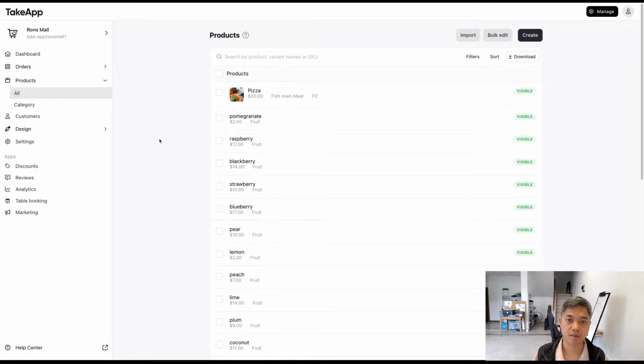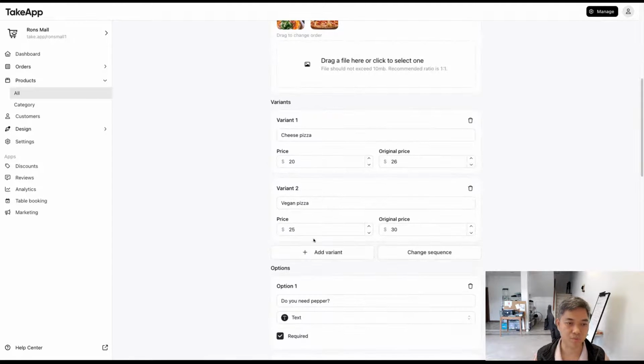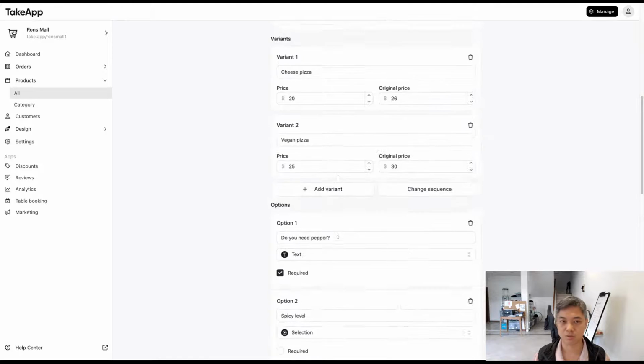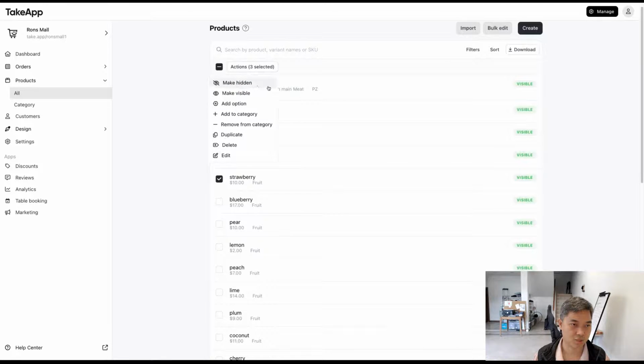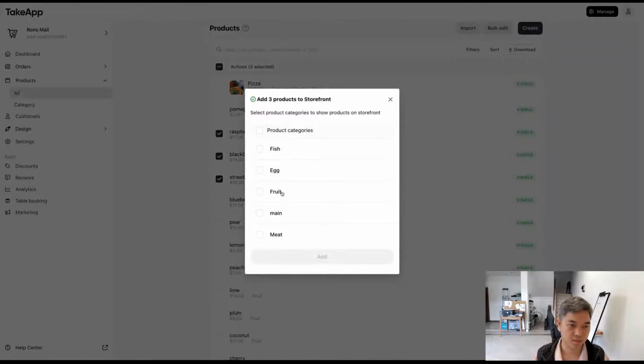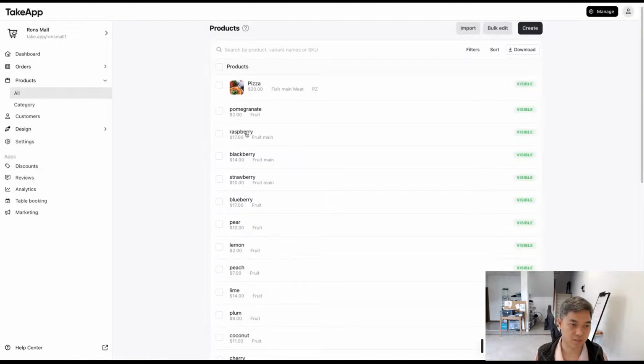Okay, I think this is most of it. Yeah, I think maybe I can even cover this one as well. Sometimes you want to add bulk options. You can go here and add one by one, but sometimes it's very tedious, right? So you want to add in bulk. Then what you can do is raspberry, blackberry, strawberry, and then actions. And then I want to do that. This one is the main, right? And then you can see that these three products become the main category,